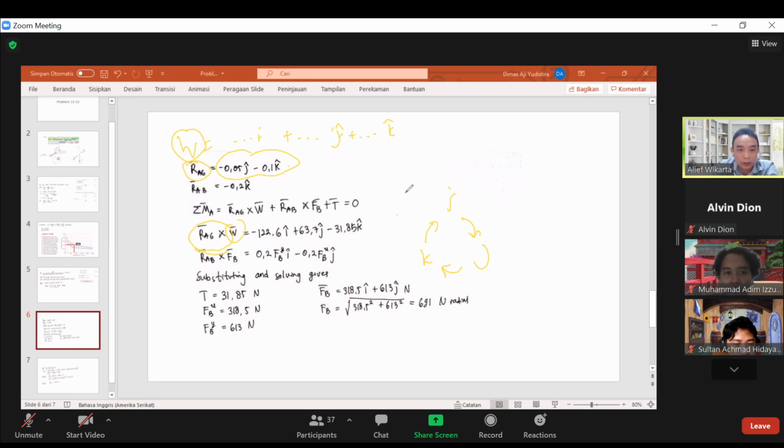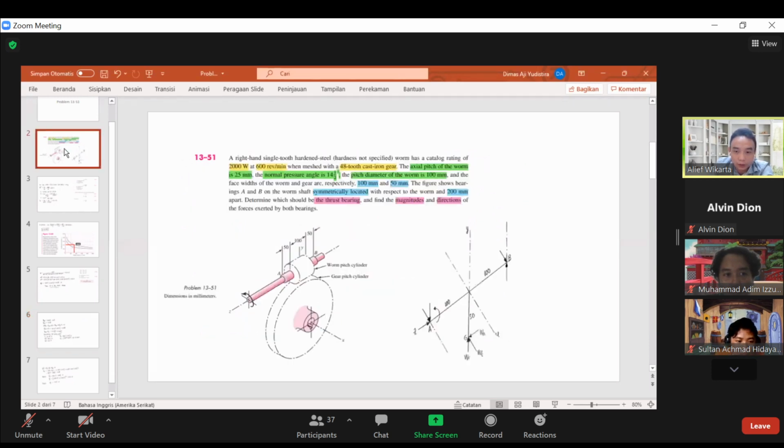I hope you got my explanation. Otherwise, you can solve it by using the simple two-dimension problems. Go back to slide number 2, Mas Dimas. Please go back to slide number 2. Slide number 2. Yeah, let me